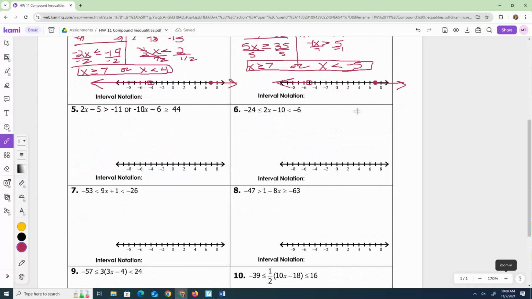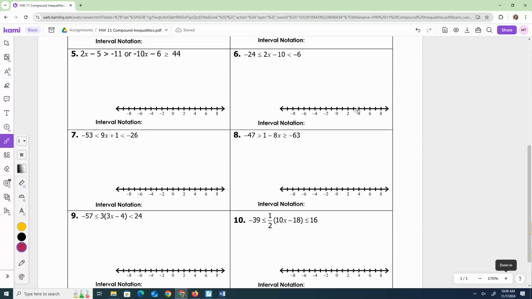Number 5. Plus 5. Okay, so we get 2x is greater than -6, and then we divide by 2. Since it's a positive, nothing flips, so x is greater than -3. Are you guys remembering to flip when you divide by a negative? We did a lot of those yesterday to help you remember. So that would be open or closed? Open at -3 and going to the, okay, and this one,